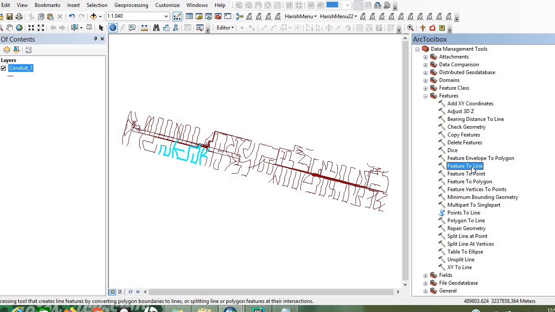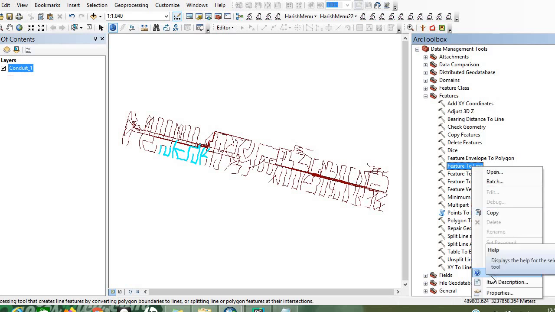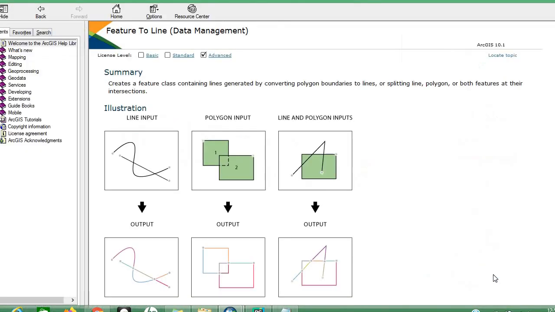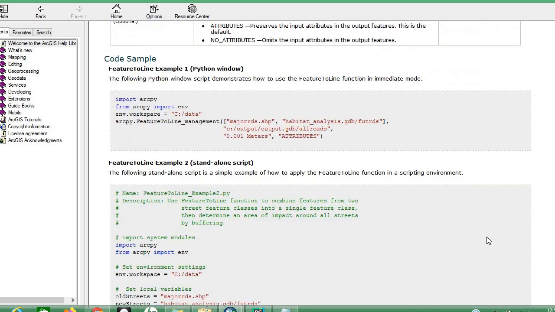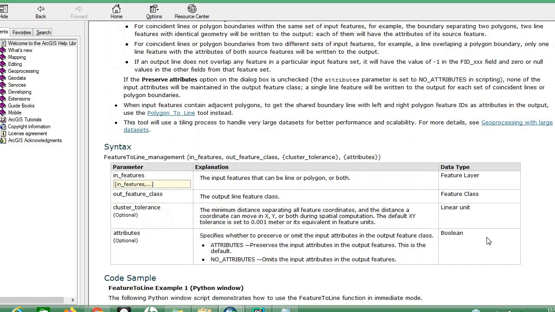Right click on any tool and you will find a help option. Click on help. Within this help, you will get an idea about the Python code, how it has been written for this tool. Scroll to the bottom section. If you see here, this is the Python code. Using this Python code, this tool has been developed in the ArcMap environment. Whatever has been specified here, we need to specify as it is in our Python code. We should not manipulate even a single character.